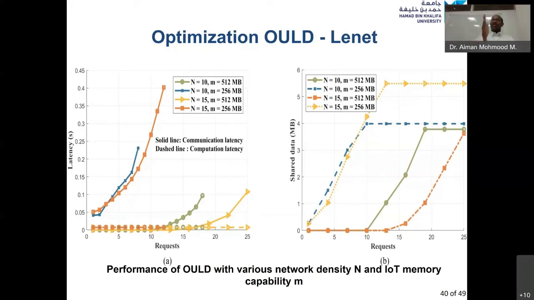And when we have less memory in the blue and the orange line, we are able to process fewer requests. We are also getting higher latency when we have lower memory, and lower latency when we have more memory. The second effect is when we have n equal 10 nodes available, or 15 nodes available. When we have 10 nodes available, in the case of the blue line and the green line, more